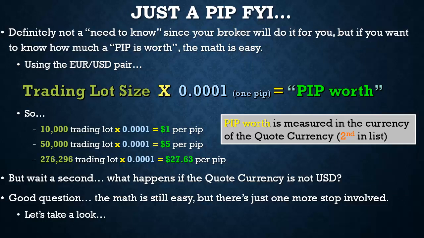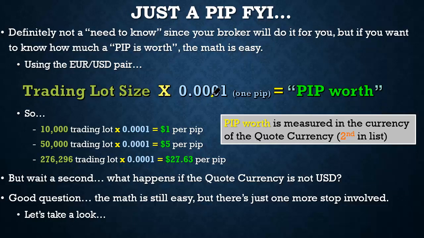If you're just curious, well, how much is one pip? We already talked about in the examples, one, you lost 4 pips, on another one, you made 8 pips. But what does that exactly translate to in terms of profit? Well, like I said, the math here is easy, and we'll stick with the euro-dollar pair. So the equation for this is very simple. It's the trading lot size times